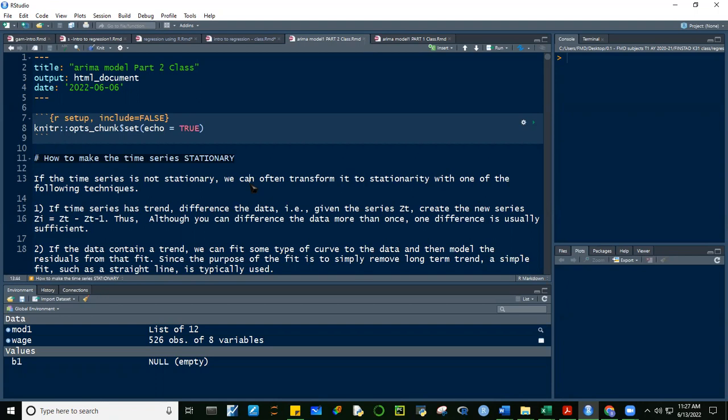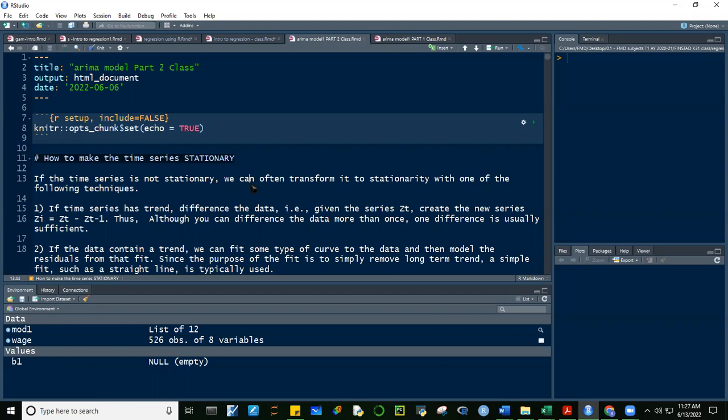Autoregressive integrated moving average. And we said that the first requirement for us to model a time series using ARIMA is that the data has to be stationary. Stationary in mean means there is no trend; the data is not going up or going down. And also in variance: the variance should be constant. Usually there is seasonality, or multiplicative seasonality, where the variance increases over time, with fanning out or fanning in.